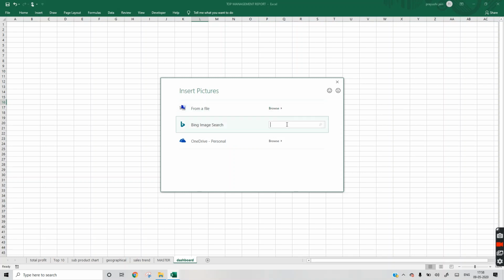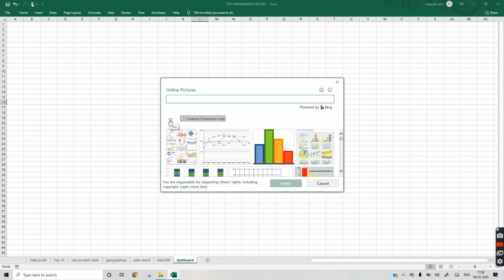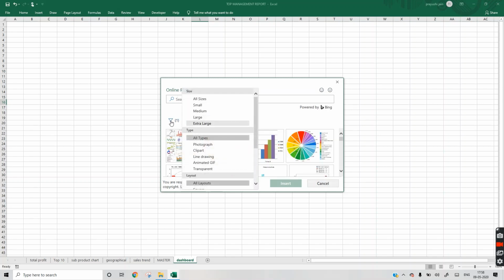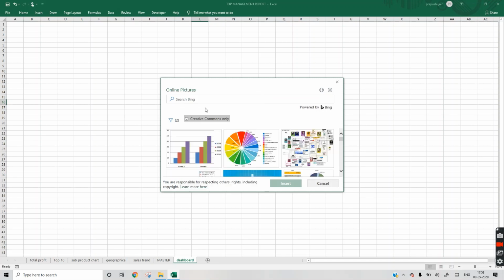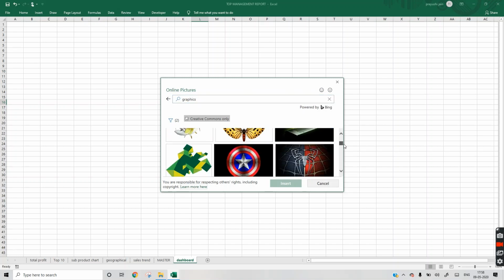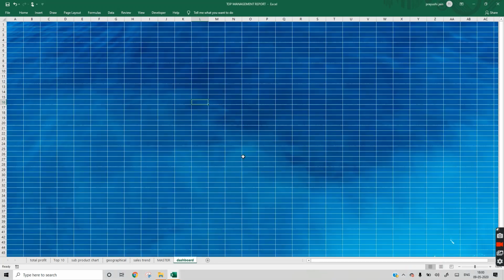But if you search online, some parameters need to be taken care of. You have to select extra large only, the first filter, and it should be wide. So I have inserted this background.